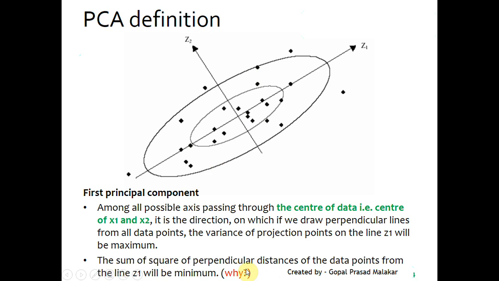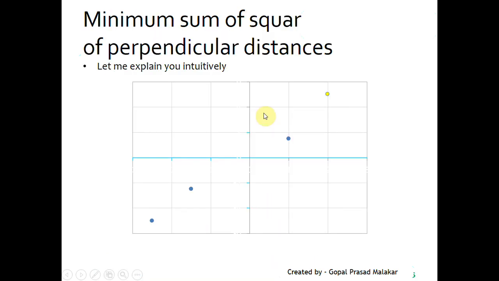Think of why. Let me explain why it is happening. Let's just focus on one particular point, because if you understand one, you can understand anything. If this is the x1 dimension and this is the y1 dimension, you can say that the total distance d1 square is equal to x1 square plus y1 square. Now let's say that the z1 direction is like this, then the variance, as we know, is quite huge in the z1 direction.